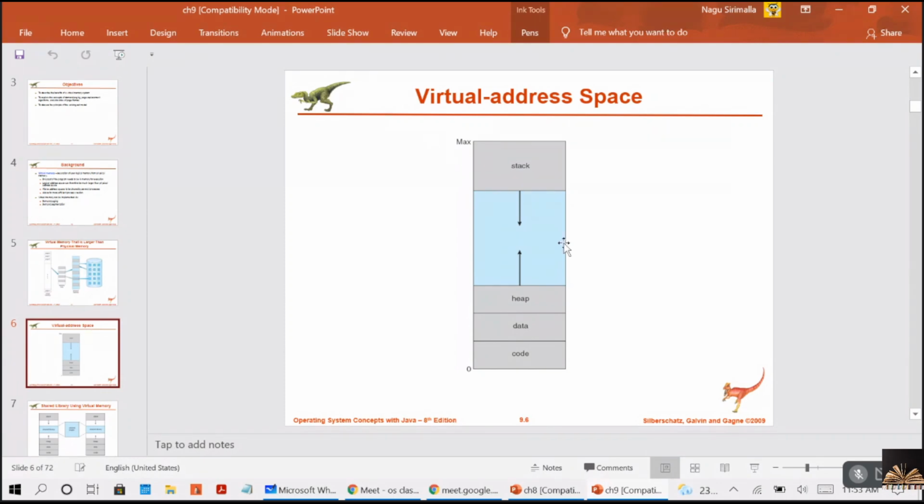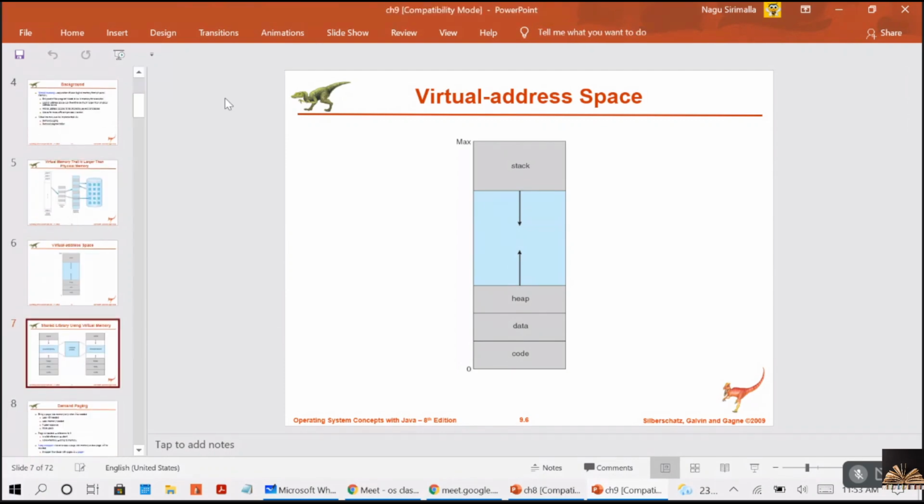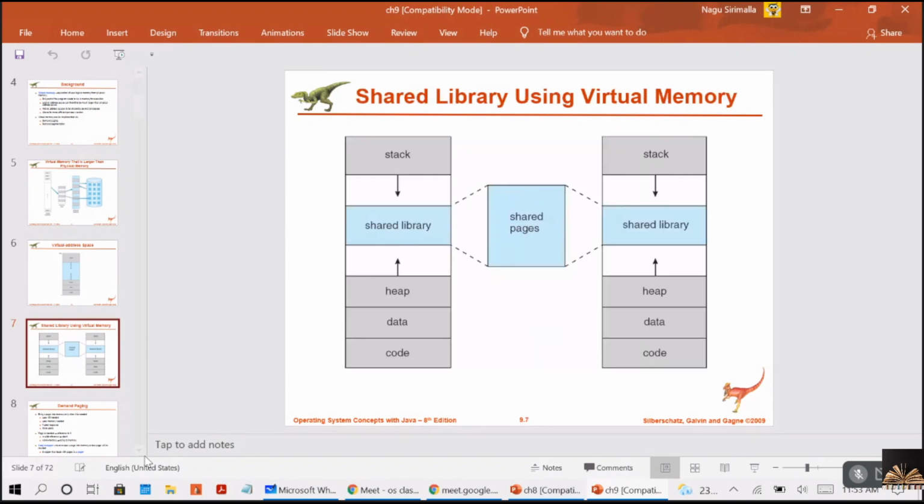And here one more advantage with this virtual address space is that the same virtual address space can be shared with multiple processes. And a shared pages concept you can implement here. That was represented here. See, if you can see this, you have some shared pages. These are the shared libraries, right? These can be shared among multiple processes. So as I told you, it is using demand paging for the virtual memory management.